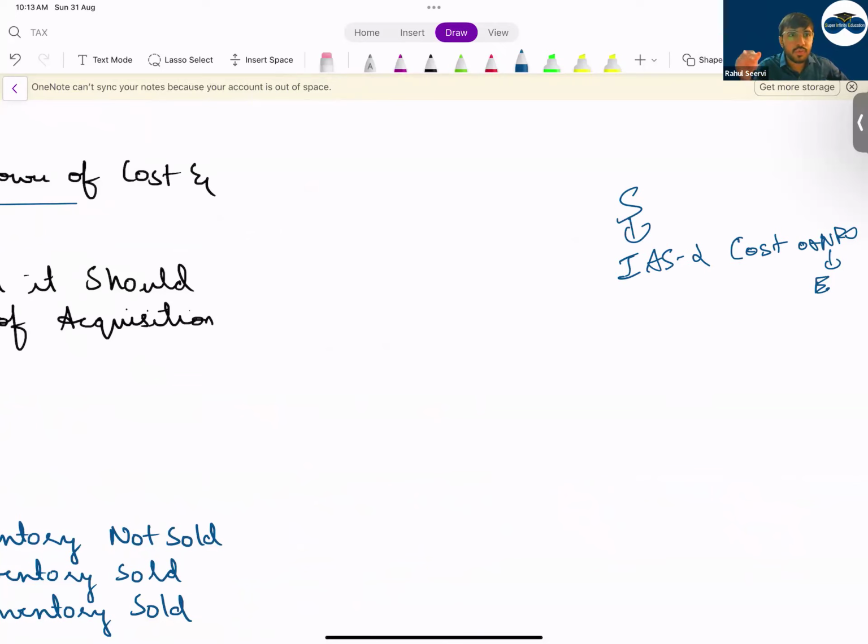Entity restriction means what? Today I purchased a car and I want to calculate the fair value. I say that this car I will only be using for my business purpose. But if I use this car for renting purposes or as a taxi, my fair value will be more. In that case, as per normal market conditions, you will consider it.